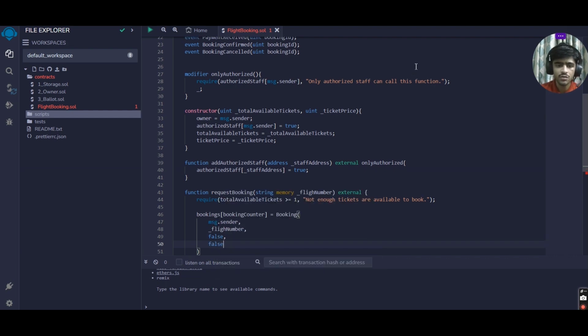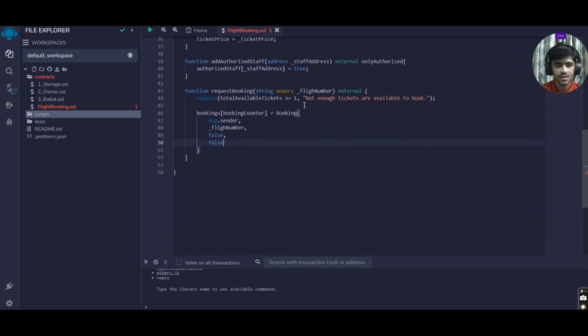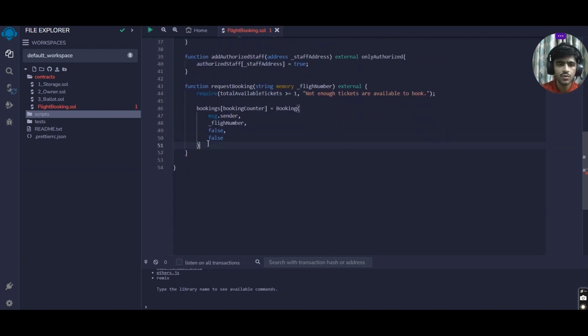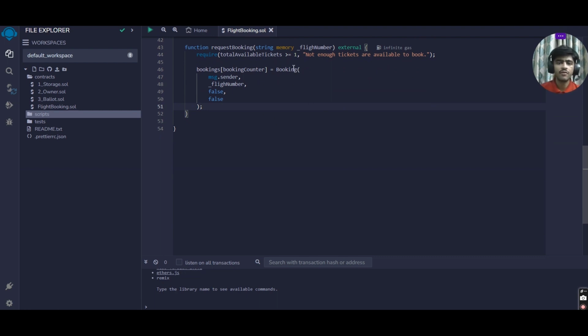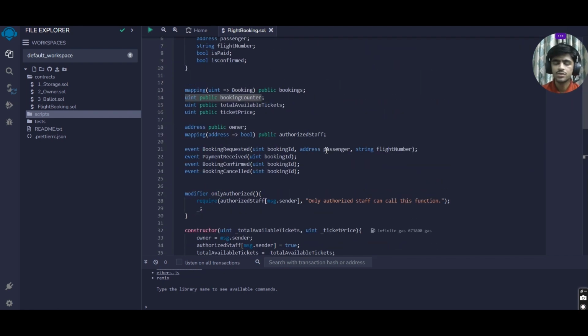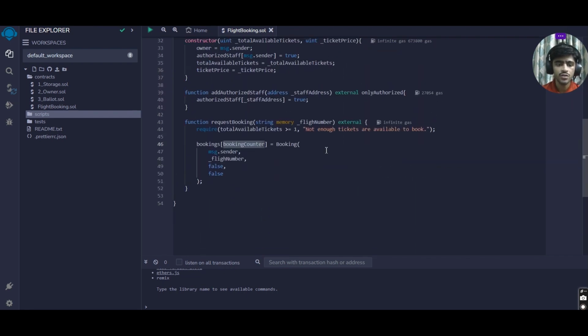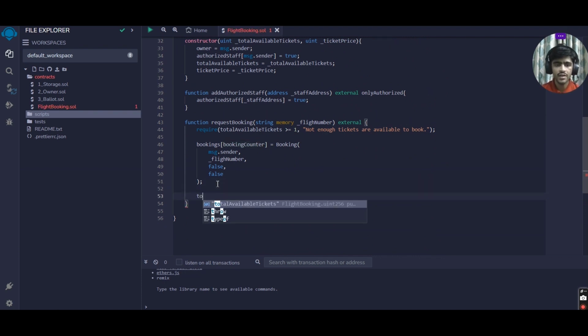So okay, this also fails, and it's definitely not yet confirmed. So that's it for this part. Okay, so we have created a new booking struct and then associated that with the booking counter. So that's it for this function, and let's now do one more thing, that is to decrease the